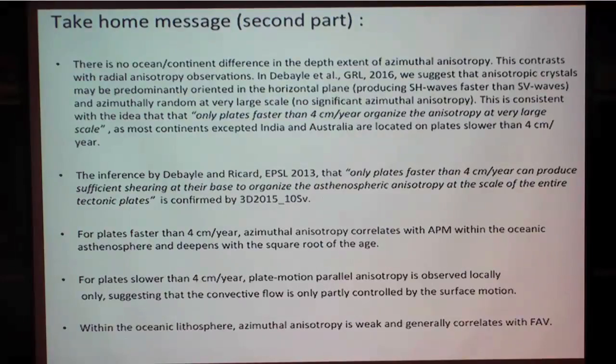Yeah, Ved. Okay, Caroline also. I guess to follow up on that a bit, it's fascinating that you see this displacement of the high attenuation region away from the ridges. And if I understood you correctly, you explained the low velocities by invoking melt in the mid-ocean ridge system, and then the high attenuation by invoking, I guess, temperature or volatiles. But wouldn't melt in the mid-ocean ridge system also produce high attenuation?